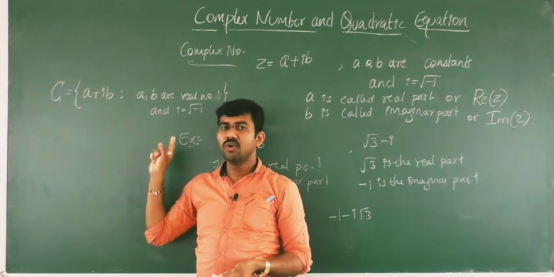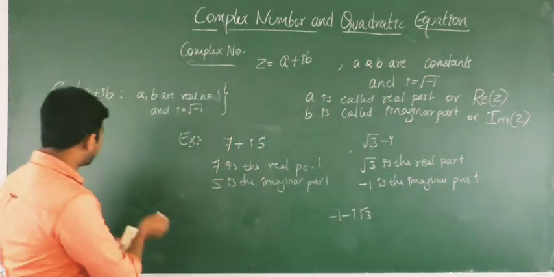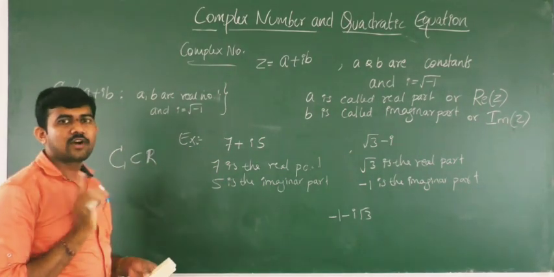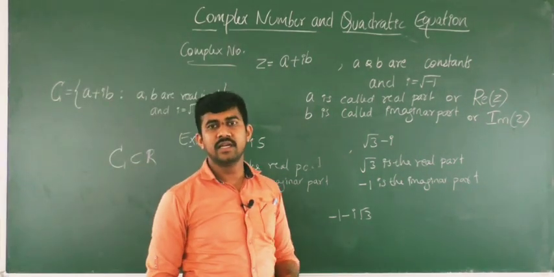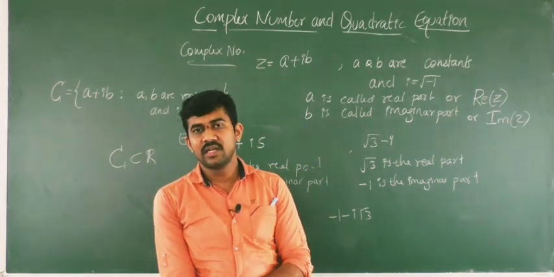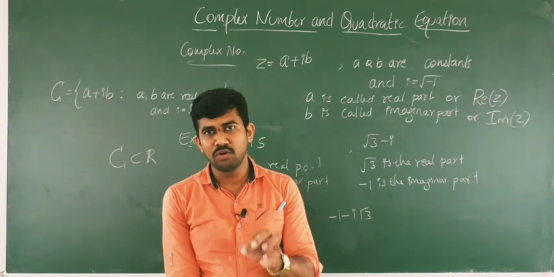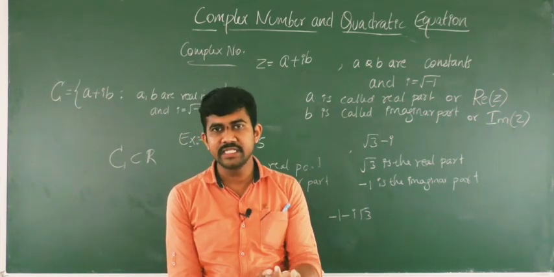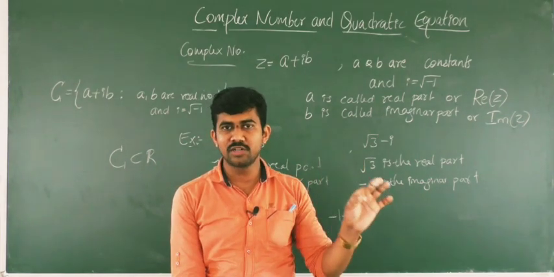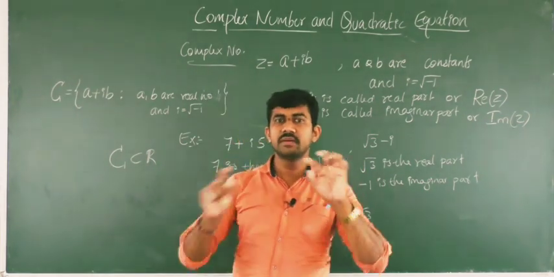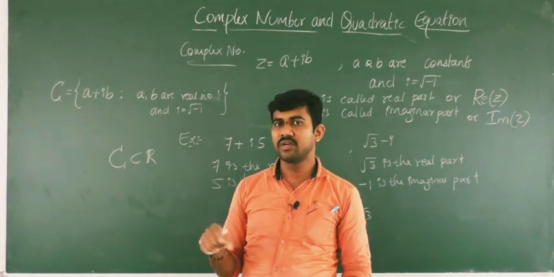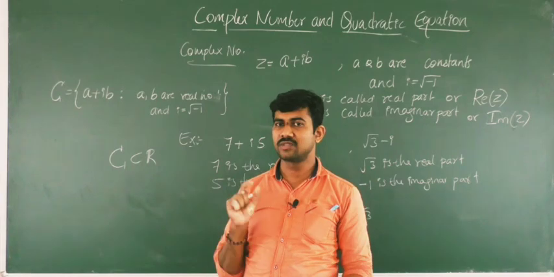Now, whether the complex numbers are a subset of the real numbers, or whether complex numbers are the biggest set. Till here you studied that natural numbers are the smallest set, and natural numbers are a subset of whole numbers, which are a subset of integers, which are a subset of rational numbers, which are a subset of real numbers. You studied, so real numbers are the biggest set. It is a superset of all the sets, or a universal set of all the sets you studied.